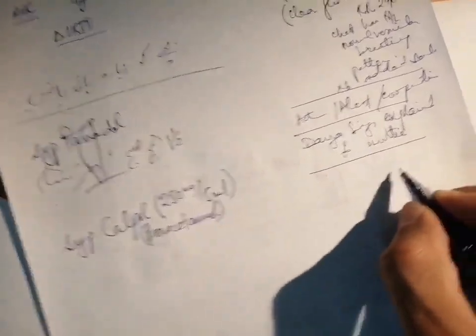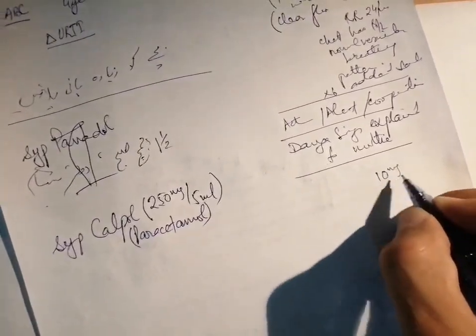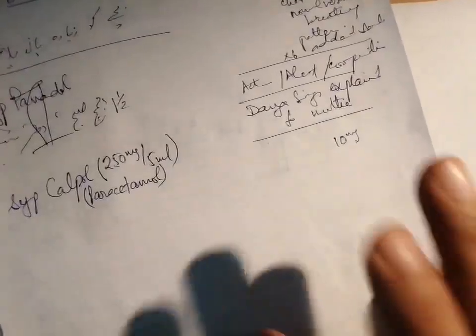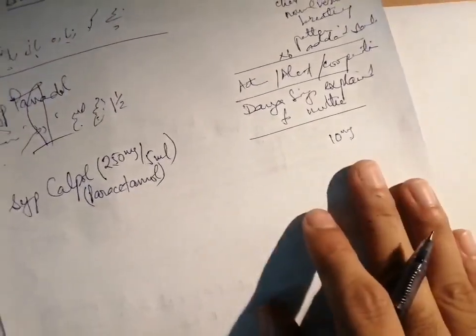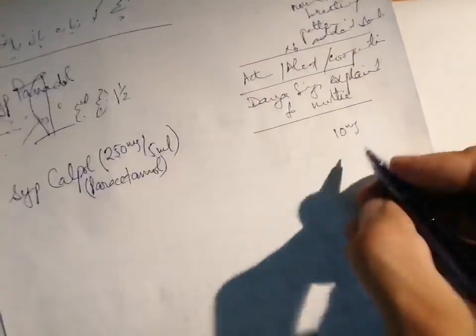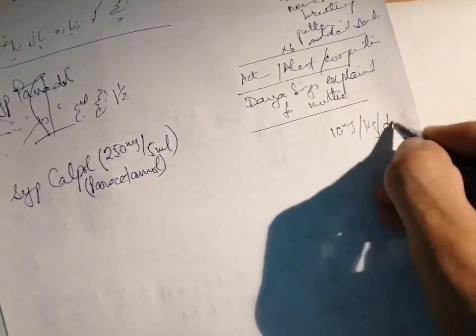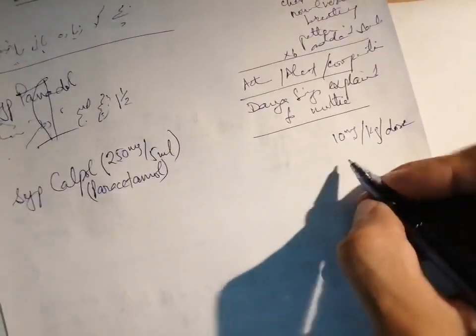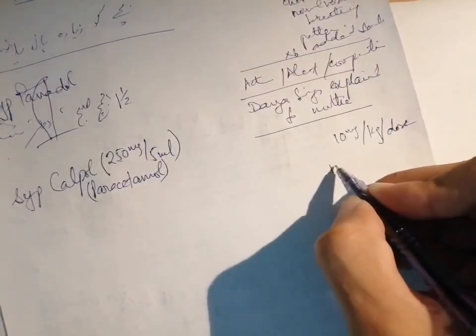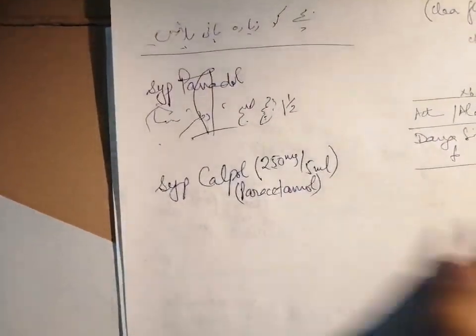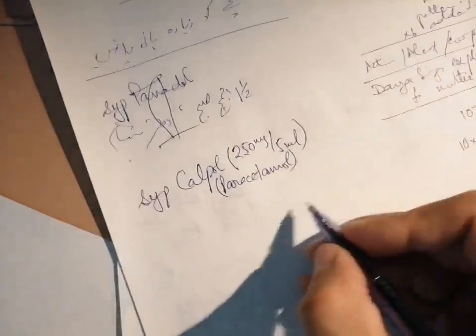I will do my own calculations here for your sake, so that those who are learners must learn that they can do calculations on the discharge slip, so that there are minimum errors, okay? So 10 milligram per kg per dose is the dosage for paracetamol. The weight here is, let's say, 24 kilograms. So 10 into 24 comes out to be 240, and it is 250 milligram, nearly the same dosage. So what I would do is, I would say